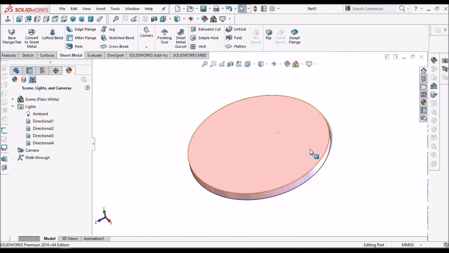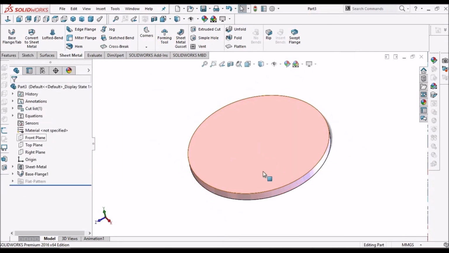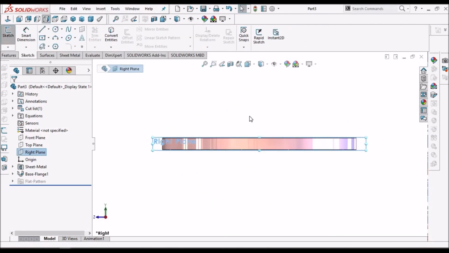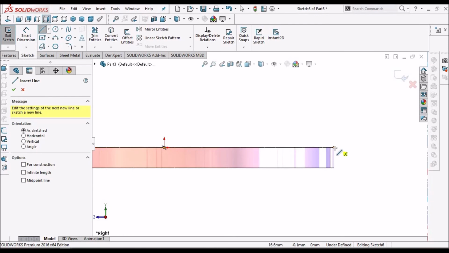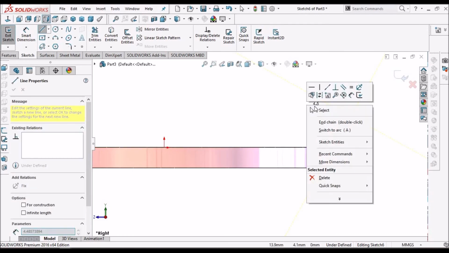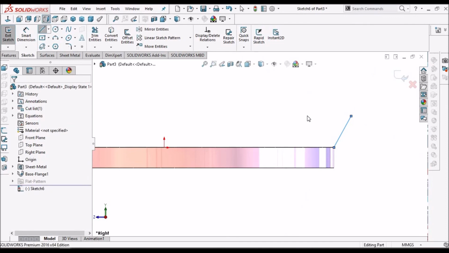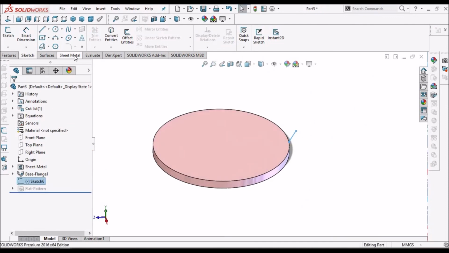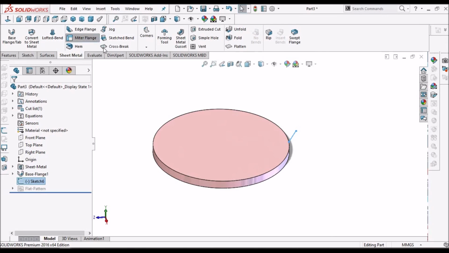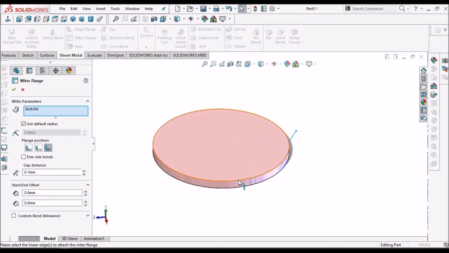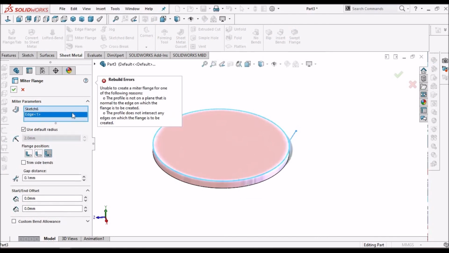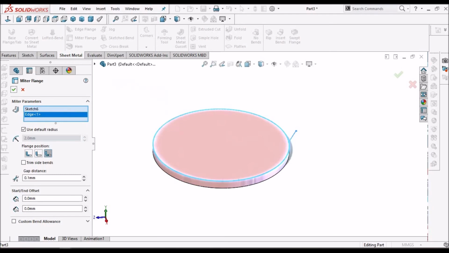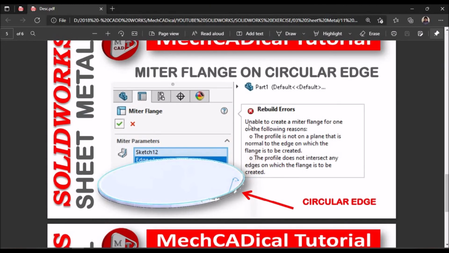So next, can we create any flange on a circular edge? So let's see. See, it is showing an error, so I will show it in the presentation.